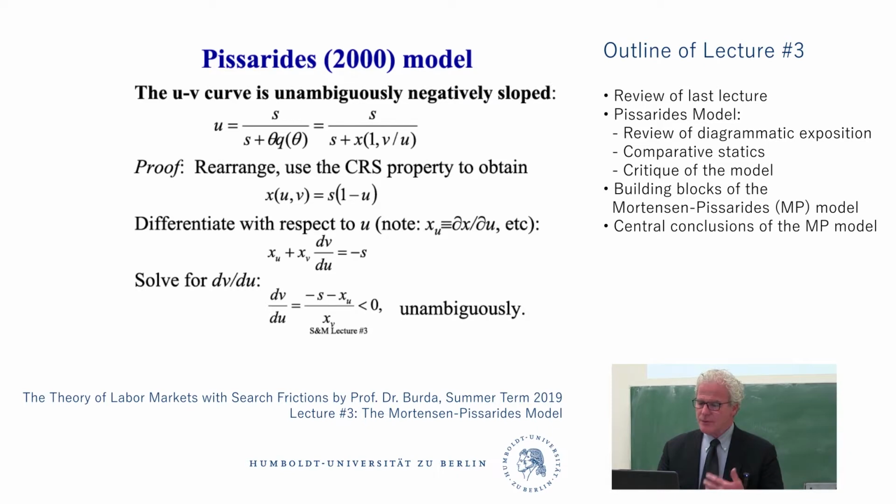So let me take you through the shifters. I mean, it's not enough to know the slope of the curve, we also have to know what shifts it. Okay, so the UV curve is nice because it's simple. The VS curve has lots of stuff in there, and we'll do that in a second. But the exercise that I take you through very quickly would be simply asking the logical question, what happens if S changes? And then I'm going to augment X by adding a multiplicative term A, which basically is a way of making matching more effective for any given level of vacancies and unemployment.